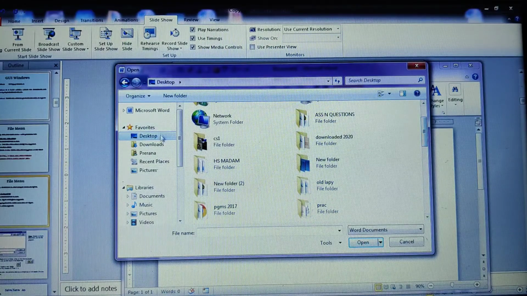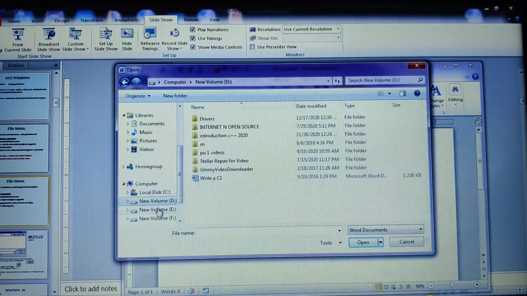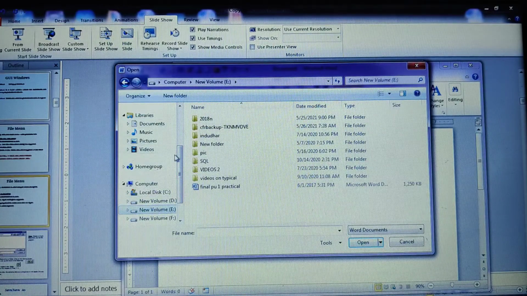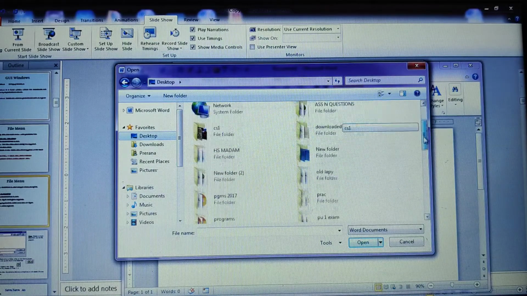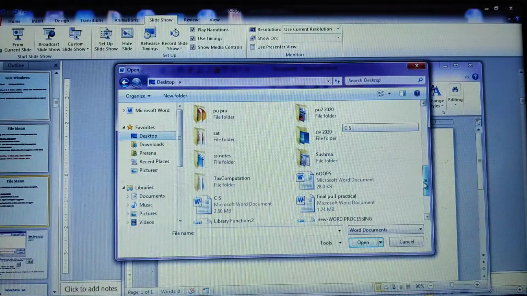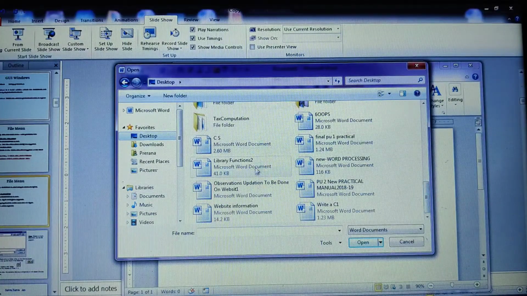I may choose the desktop, or I may go for the C drive or D drive. I may choose different locations where I want to open a folder. So here, in some other file, I'll just open this particular file, as in library functions.